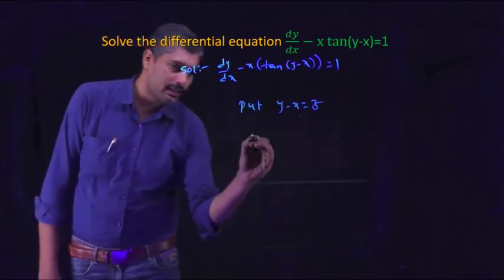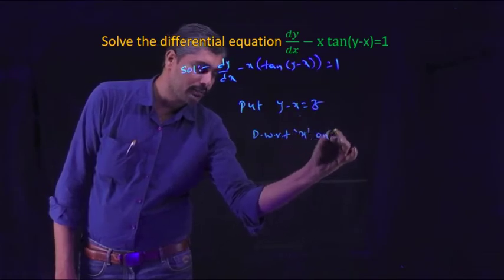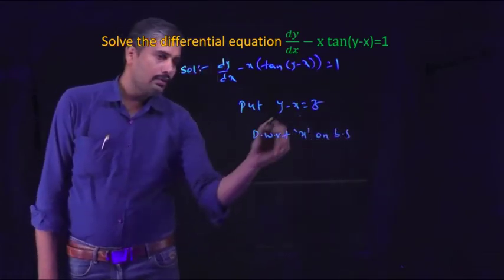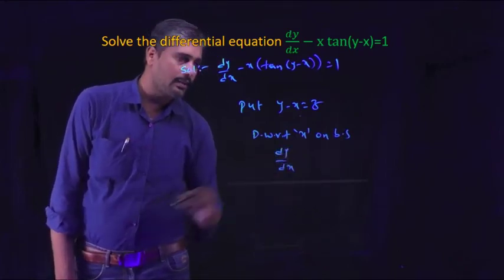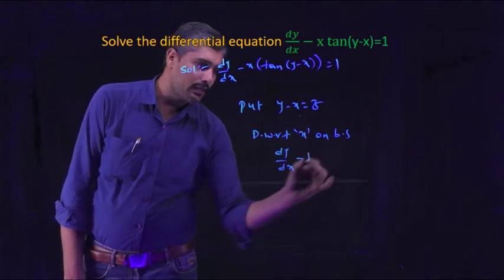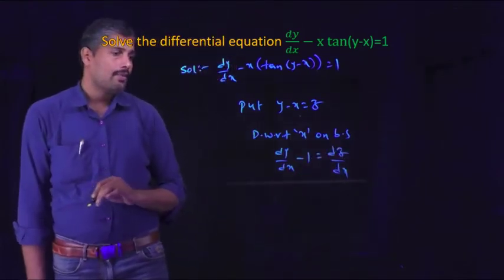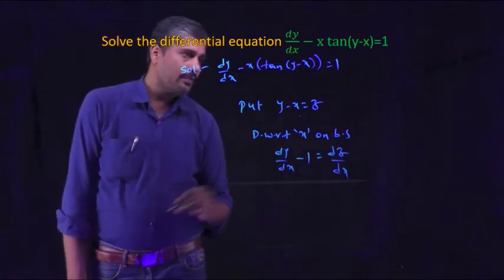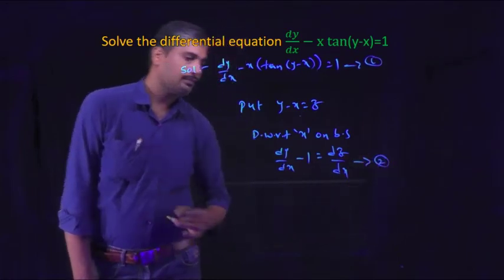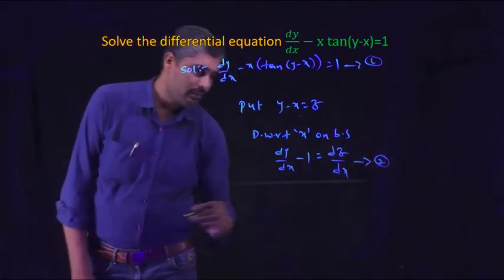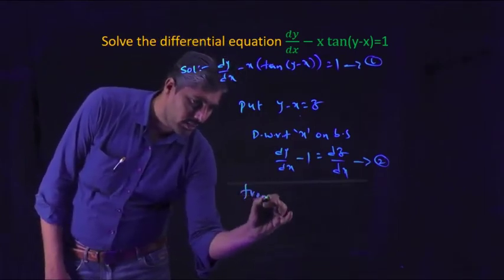Derivative with respect to x on both sides. Then we know that the derivative of y is dy by dx. With respect to x we are derivating. Minus x, that is minus 1, that equal to dz by dx. Right? This is equation number 1. This is equation number 2. From 1 and 2,